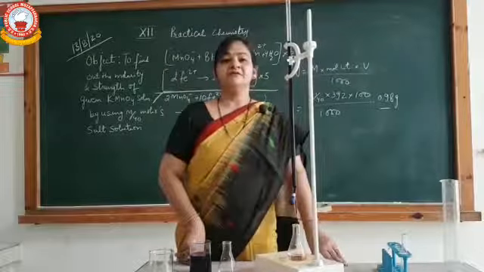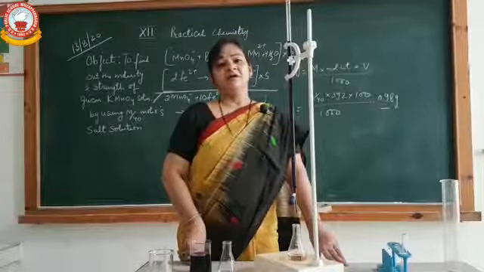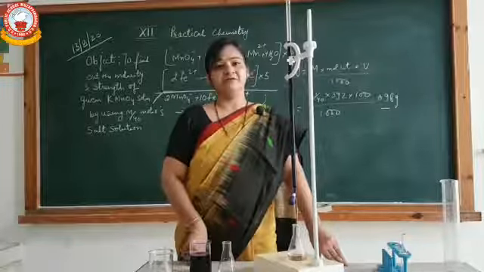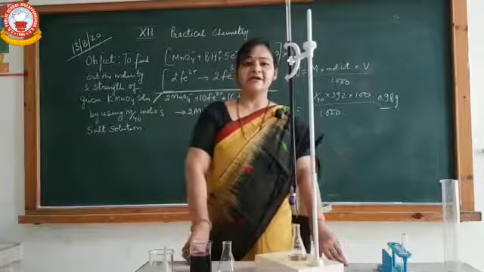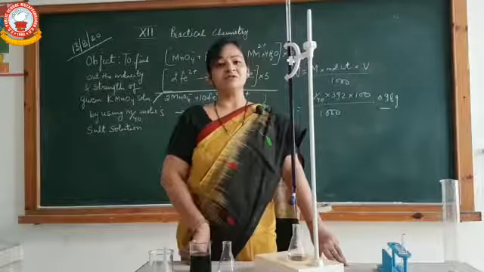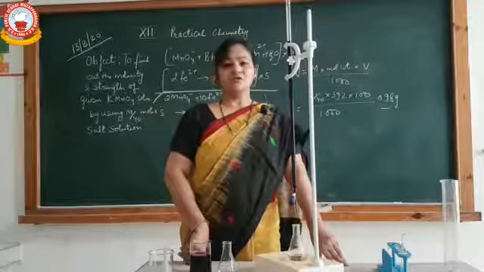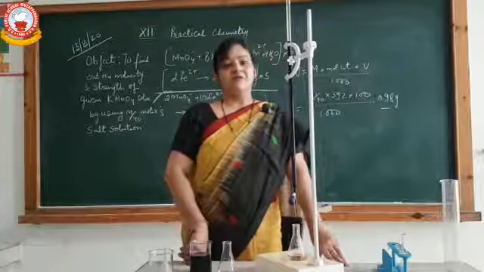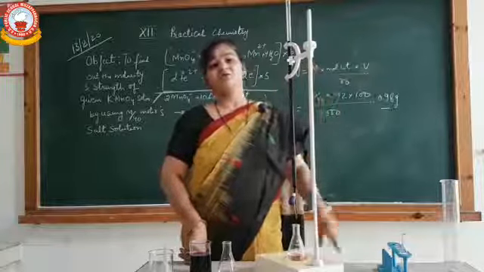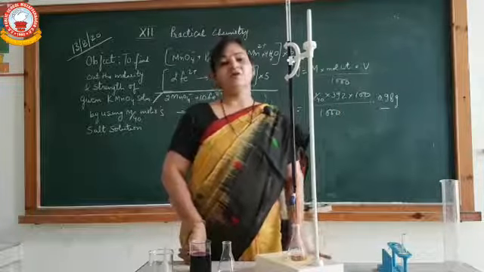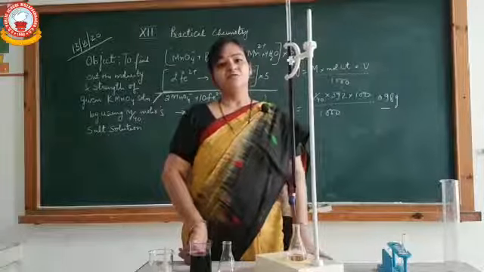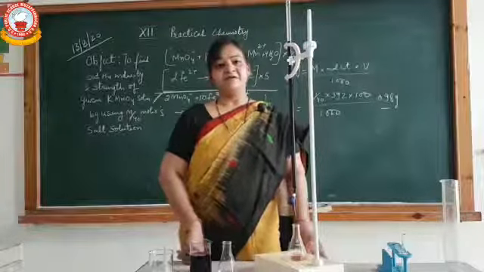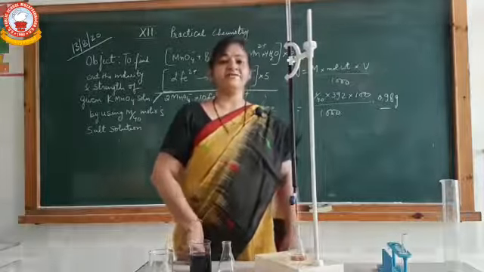You will take such readings until you obtain 3 continuous readings, that is, concordant readings. When you obtain 3 continuous, or we can say almost same readings, these are called concordant readings, and you will note down these readings. This is the volume of KMnO4 used. This was your practical part. Next you will draw an observation table to note down these readings. Thank you. Next part will be explained by Bharti ma'am.